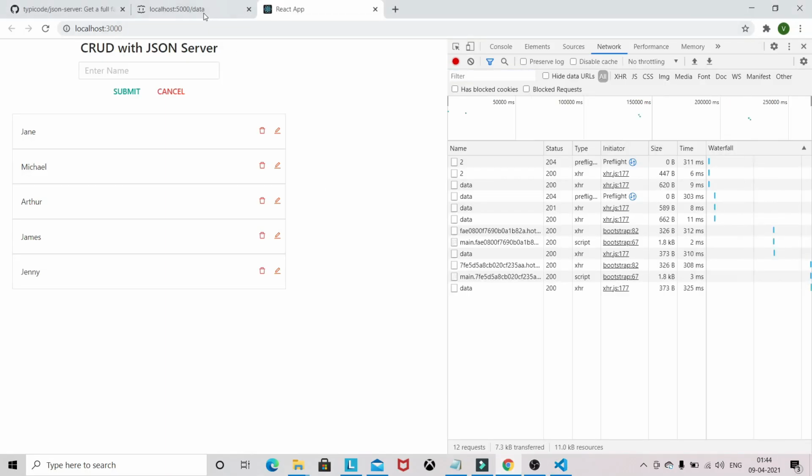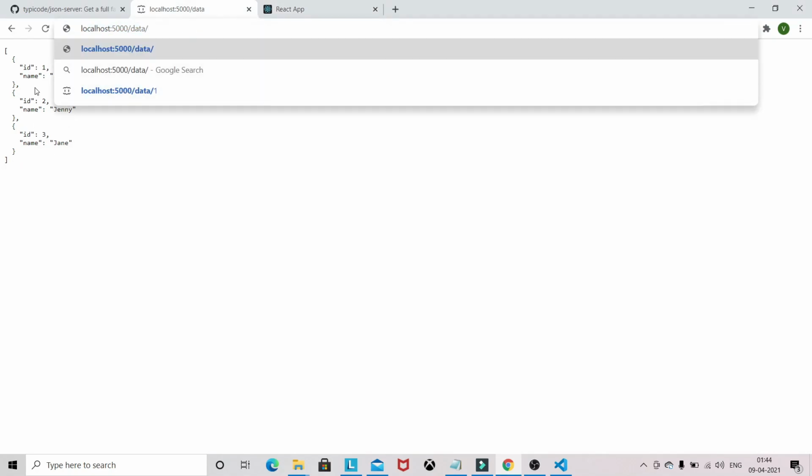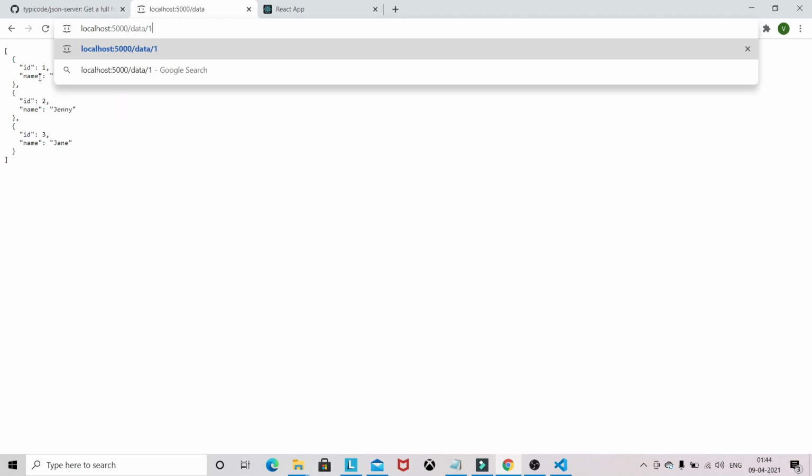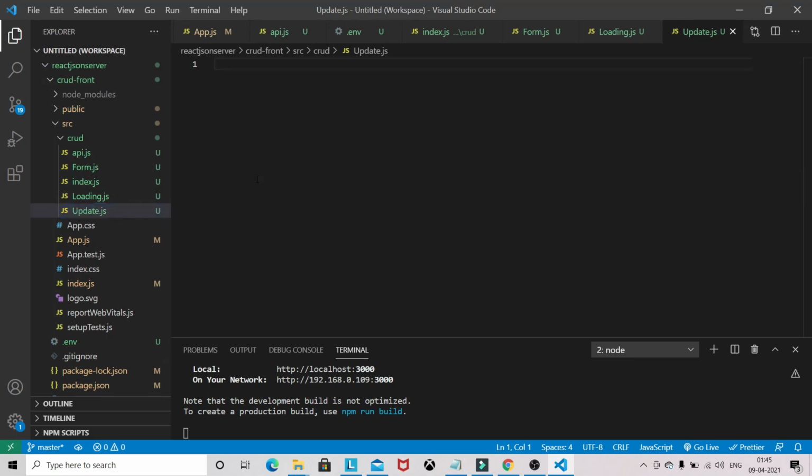So what I mean is, if you want to get the data for ID number one, you have to give just 1. Suppose you want only Jane, so you will provide the 3, and you will get the name Jane only with this user ID. So that we need in the update. So let's start working on this update.